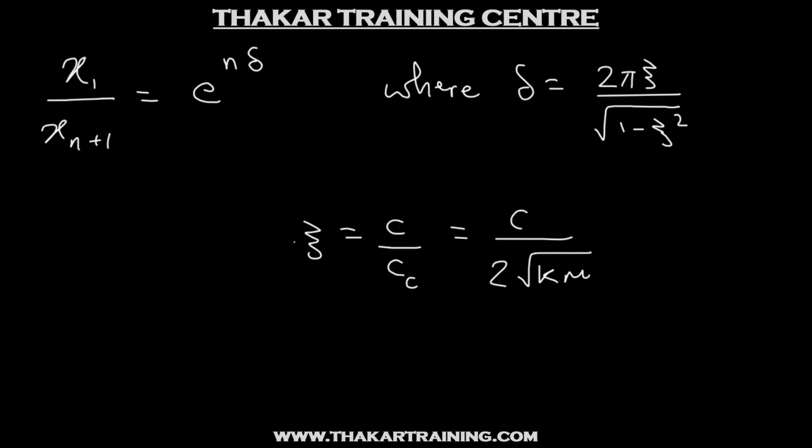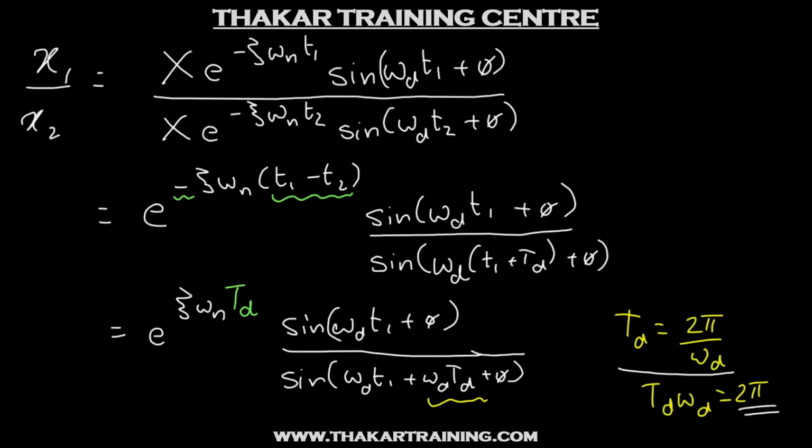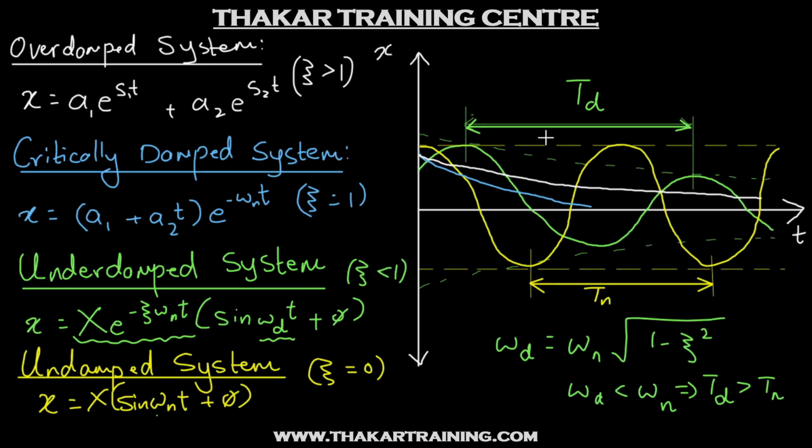All right. And you can expect certain numerical questions also based on this logarithmic decrement or the ratio of amplitudes that are separated by n cycles, and also whatever we have discussed earlier regarding the solutions. You can expect theory questions maybe on this sort of graph that we have seen. All right. Or you can expect certain theory questions on the previous part, that was on what is the meaning of critical damping coefficient, why it is called that way, and what does it physically imply, all those sorts of things.